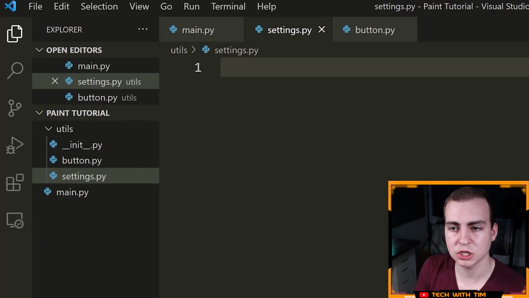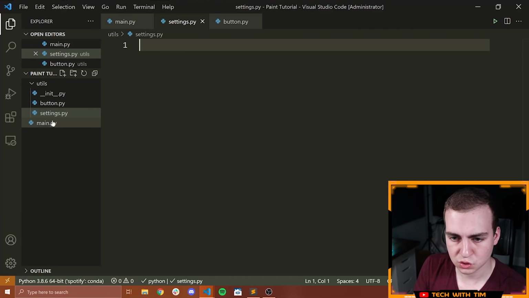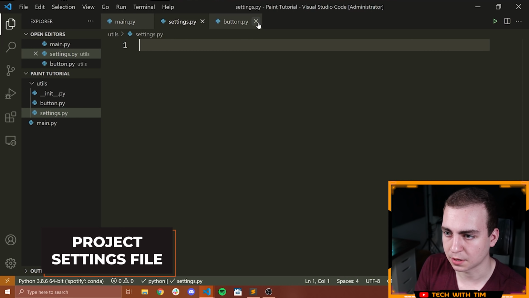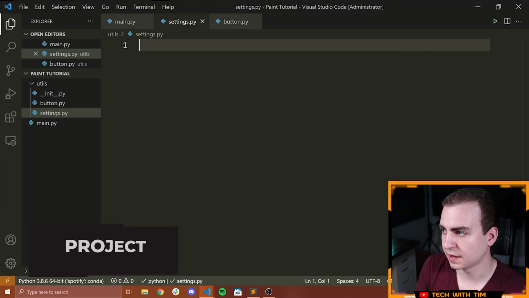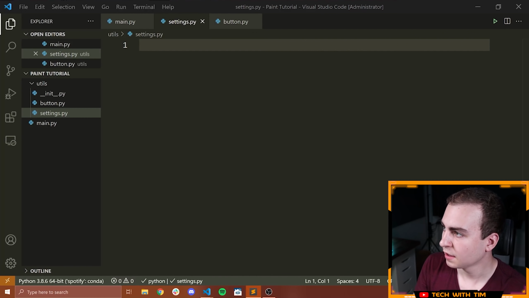And then settings.py will have all of the settings for our drawing application. This way, if we want to change anything, we can just come to this one file, settings.py. We don't need to look through a bunch of code, and we can see all of the core settings that we have. So we'll actually get started inside of settings.py. Remember, we've got Pygame installed now, and I do have a cheat sheet on the right-hand side of my screen. So if you see me referencing that, that's what I'm doing.